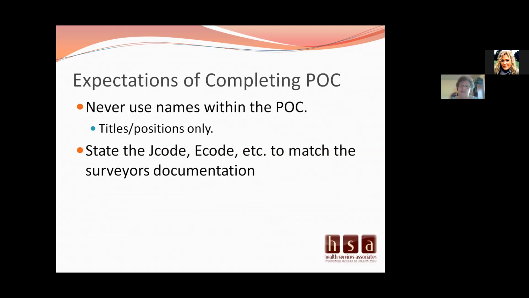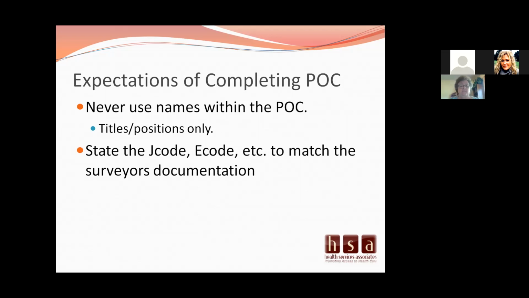You want to, in the right column, I always recommend that you state the J code or the E code first, so that they understand where your response tags back to on the left column. I just find it works so much more fluent. If they've got an E003, then I put an E003 right there, and then I address everything. And then they can see, if I go into the next page and kind of go into the next E or J code, they can see that this communication of correction is matched to this side deficiency.